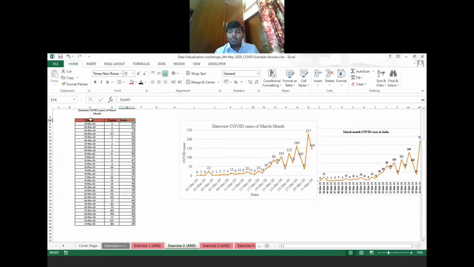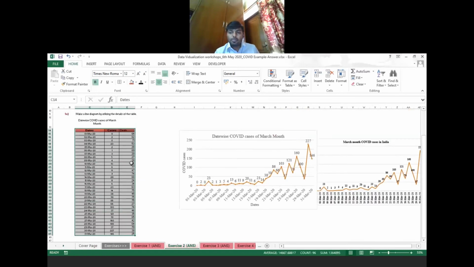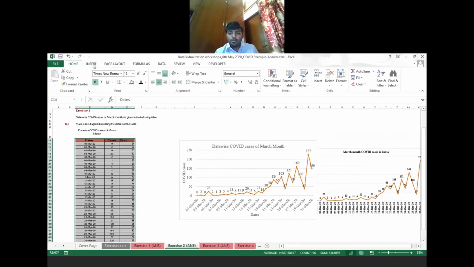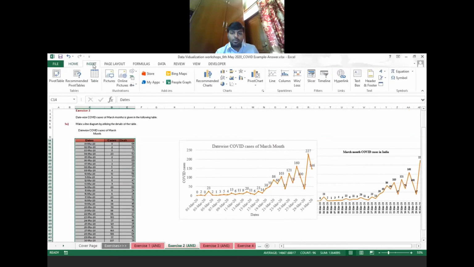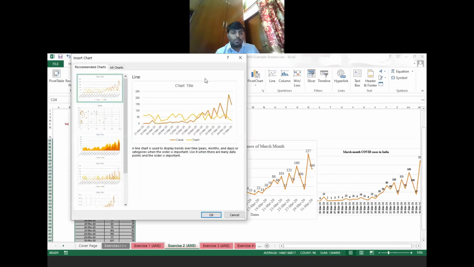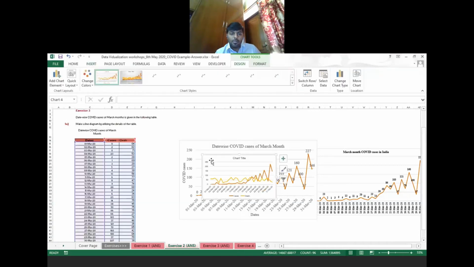In such a case, you just select all the data, go to the same insert option, then go to the recommended chart option. Then you will get your exact chart, the line chart. Then click on OK and you will get your new chart.